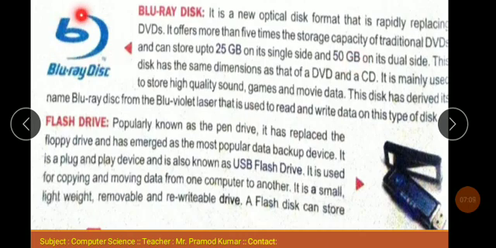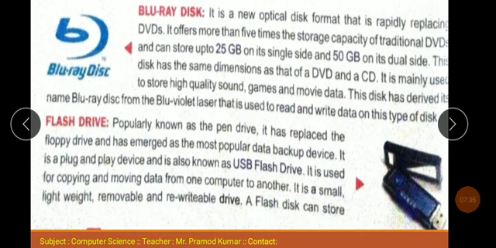Means Blu-ray disc has a larger capacity compared to the DVD, and in present times Blu-ray disc is mostly used by people because on the first side you can store 25 GB of data, and on the second side you store 25. Means when you purchase a Blu-ray disc you can store 50 GB of data.